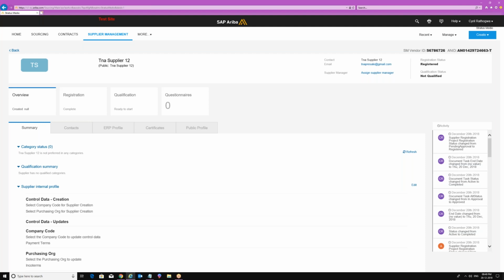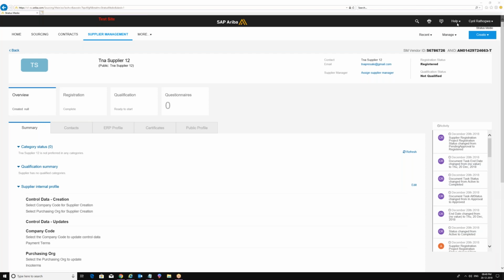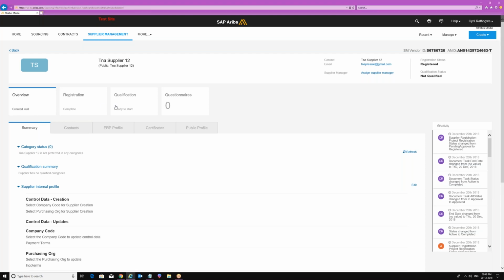Within that process, we are going to make sure that each supplier is assigned to at least one commodity. It can be more than one commodity, and at least one region or more than one region. But it is a mandatory thing. So this is an optional kind of thing within the qualification process.